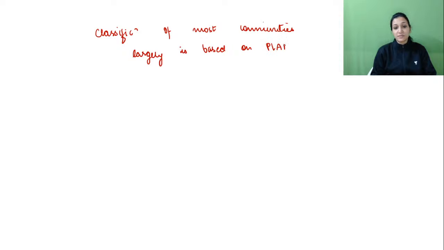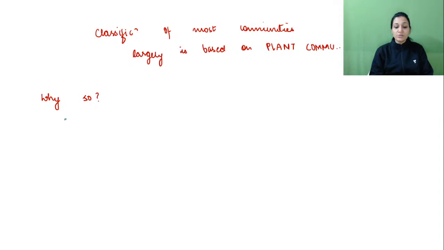plant communities, majorly plant communities, because that is going to determine what all things can be eaten, which animals are feeding on them. So plant community is the basic key point to decide what all types of other species are going to interact in that community. So it is largely based on plant community. Why so? What is the reason? We have just seen the reason, but we have to see the reasons in detail.